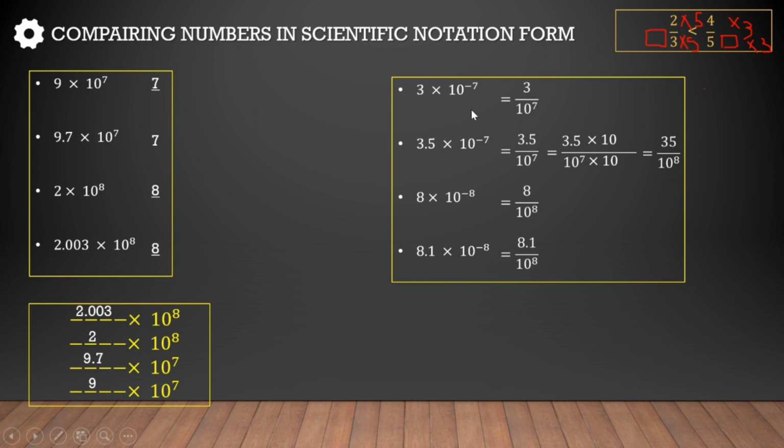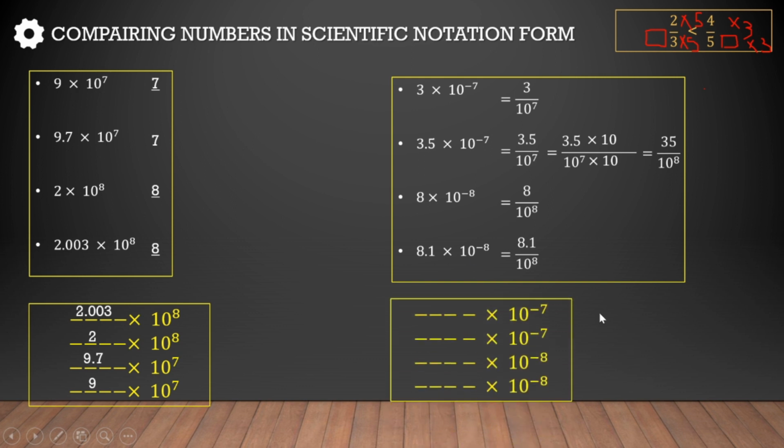Here we can create a shortcut: in the power of 10 in the second term of the expression, if the power is more, then the number is more. Because minus 7 is greater than minus 8. So whether the power is positive or negative, we have the same rule. Greater the power of the second term, greater is the number. Minus 7 is greater than minus 8 and 8 is greater than 7. So here these two are bigger and these two are smaller.